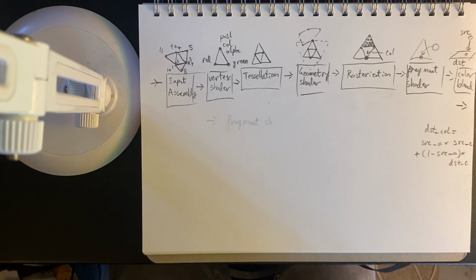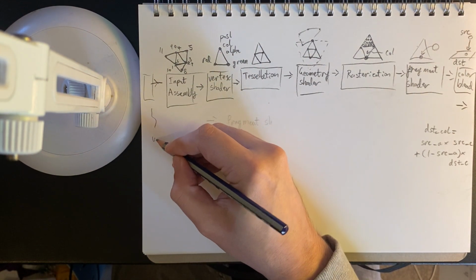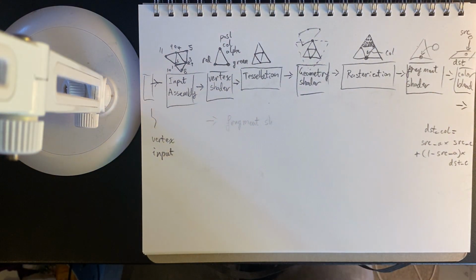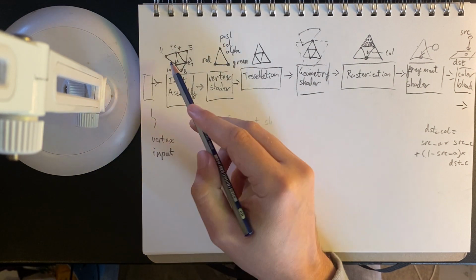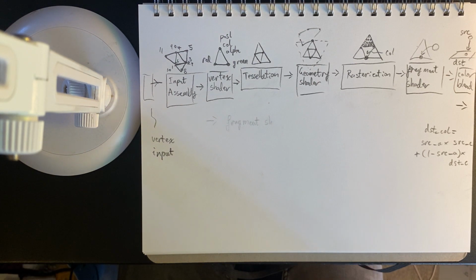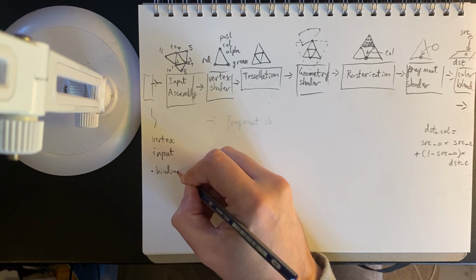So there we have it. That's sort of the high-level view. But then we have the question of how do we configure these things in Vulkan? So there's a stage that I've missed, and that is this stage here, which I'm going to call vertex input. And vertex input is the Vulkan API saying, hey, dude, you just threw a whole buffer at me. What does it mean? So we have things like binding descriptions,